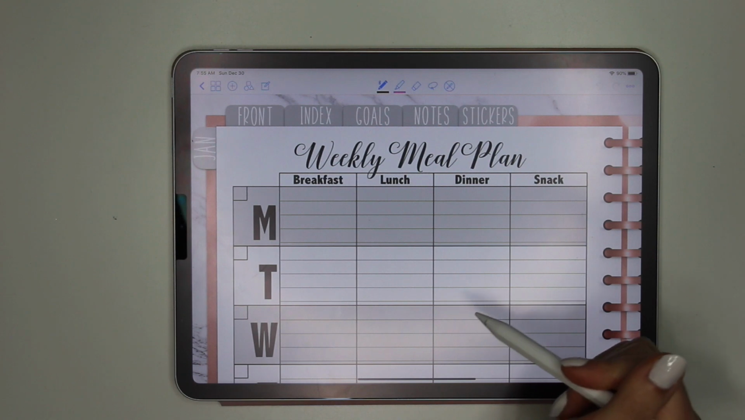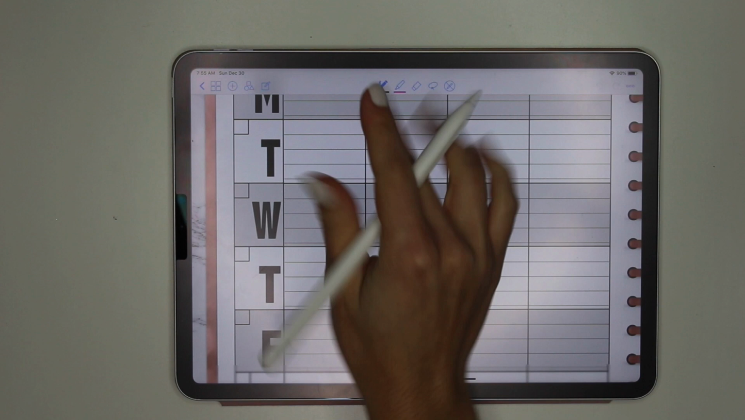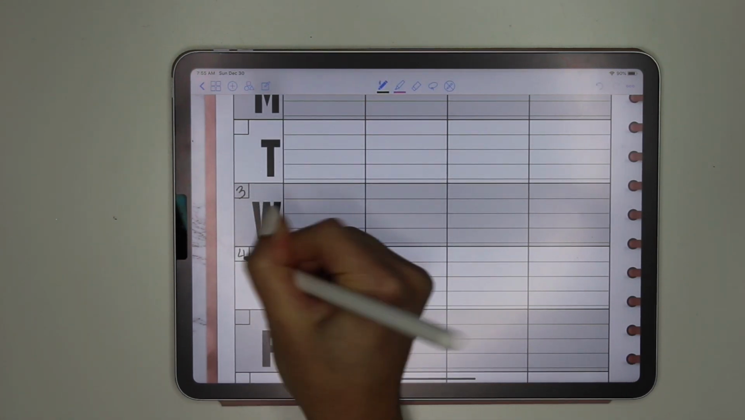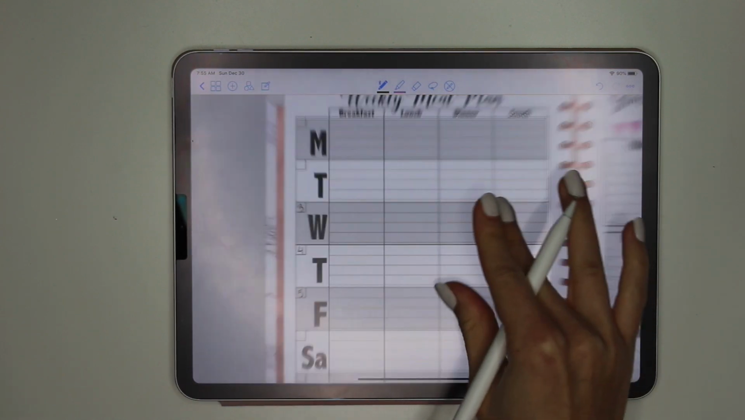I just like to use the regular weekly meal plan, and then I'll write in the days of the week here. So we're going to start on the 3rd this week because I only meal plan for my work days and I go back to work on Wednesday. So it's going to be,